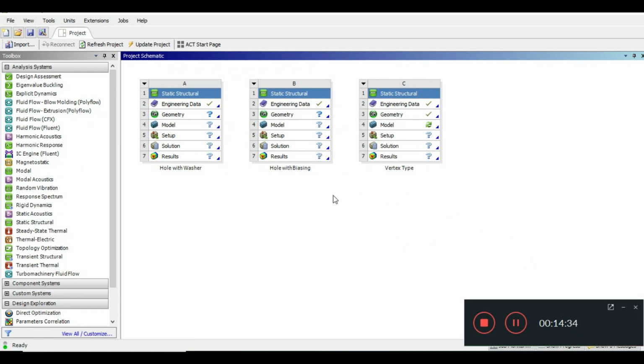Here I have created 3 analysis systems, that is structural analysis systems, for how to mesh a hole with washer and without washer, how to mesh a hole using biasing and without biasing, and an advanced setting, that is vertex type. We'll start with the hole with washer.